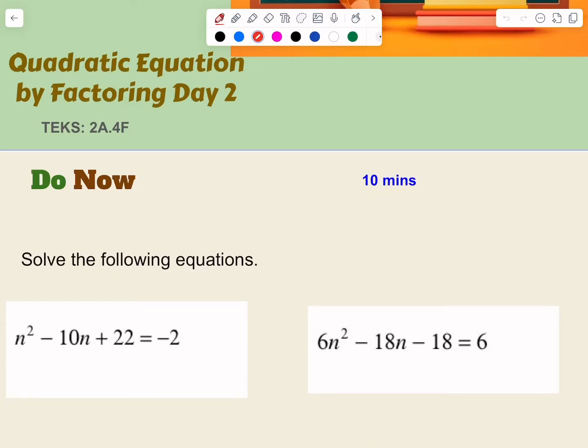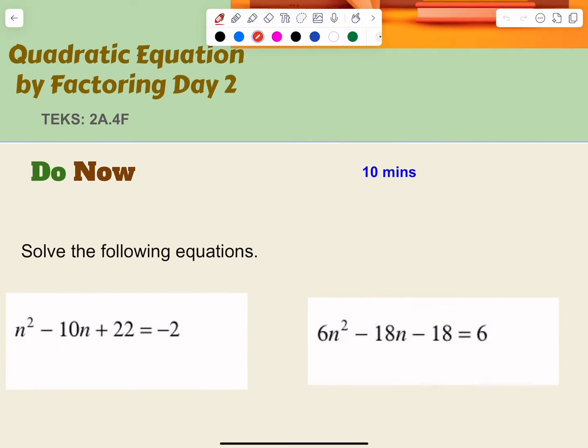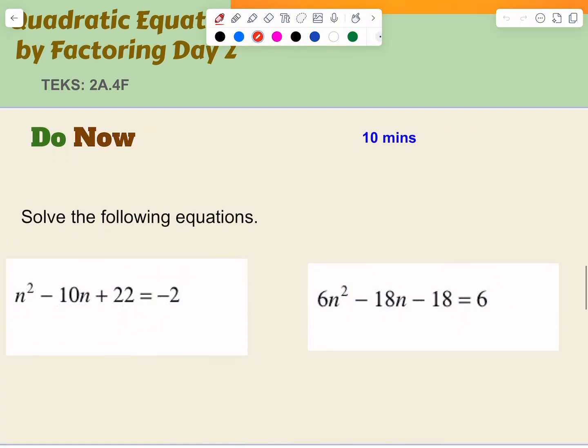In today's class, we are going to see how to solve quadratic equations using factoring. For this class, we started by looking at when a is equal to 1 in my previous class. And then in this class, we're going to see when a is not 1 and when a is greater than 1. So in this video, let's remind ourselves of what we learned in the last class by solving these two